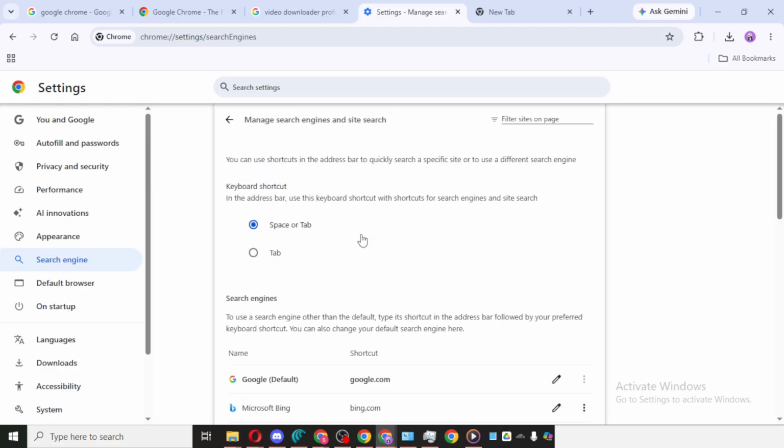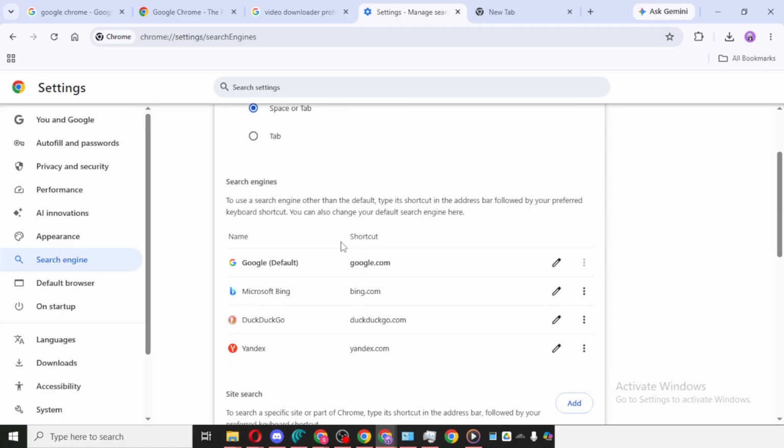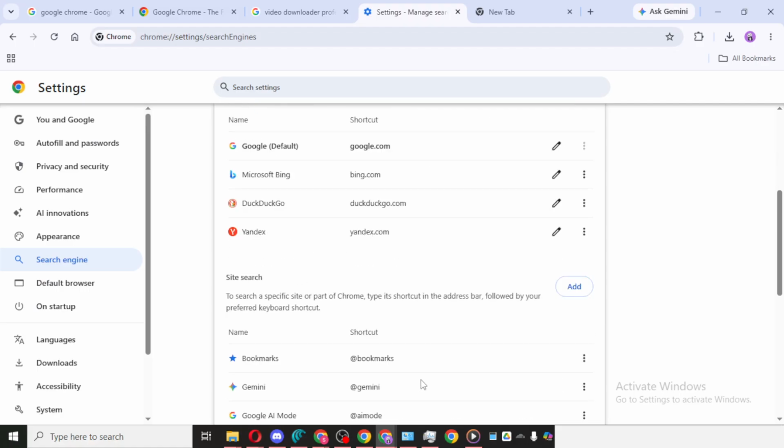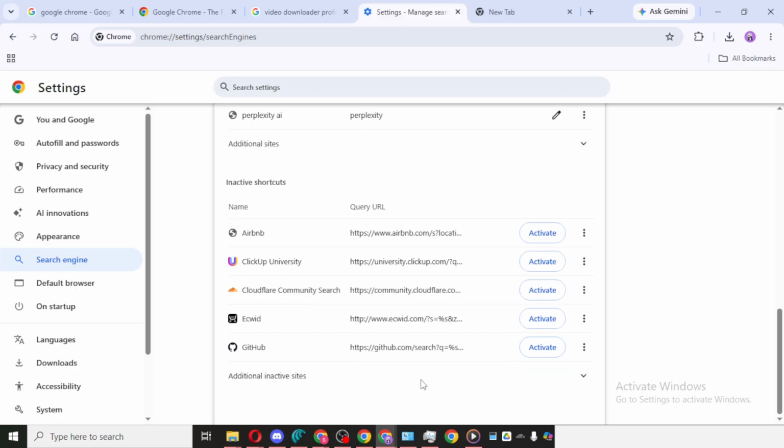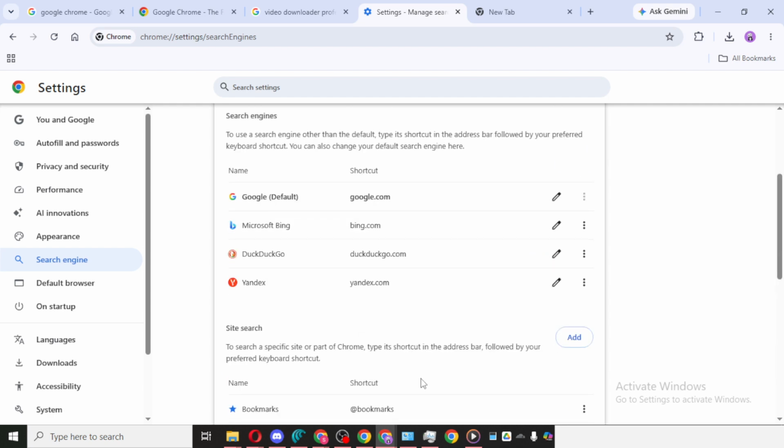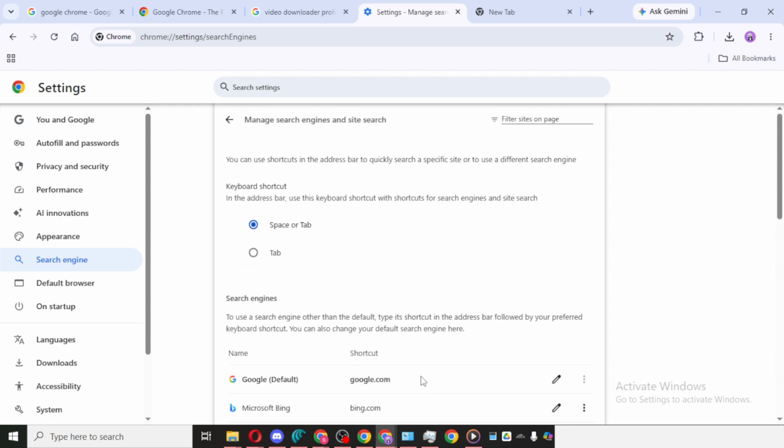Take a moment to review everything once more. Your startup page should now be set to Google, and your default search engine should also be Google. If needed, close Chrome and reopen it to make sure the changes take effect properly. That's it. By updating both the startup settings and the search engine settings, you can remove Yahoo Search from Chrome and get your browser back to using Google the way you want.